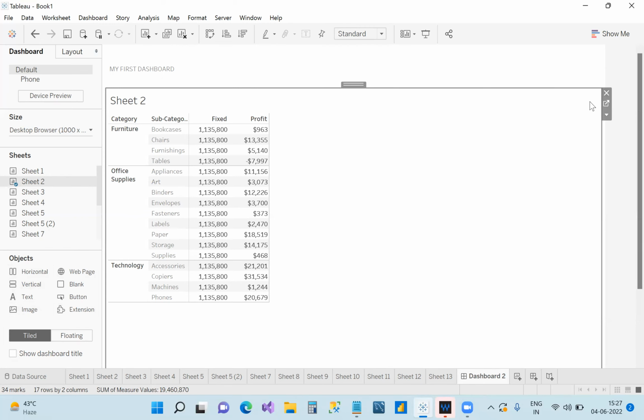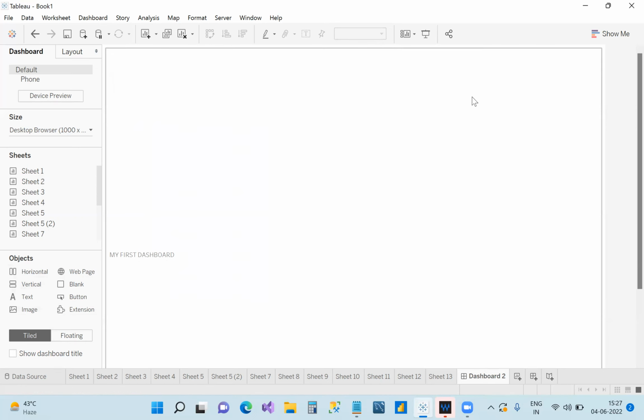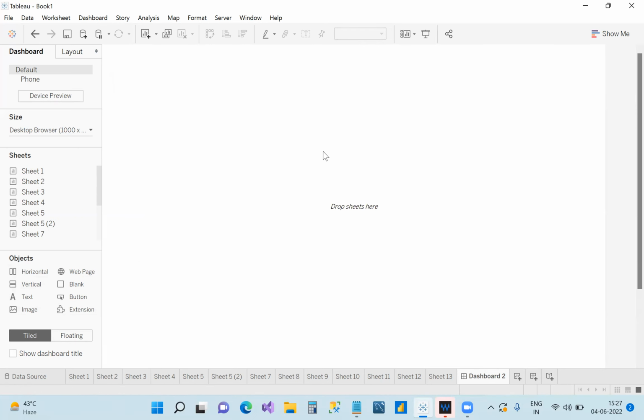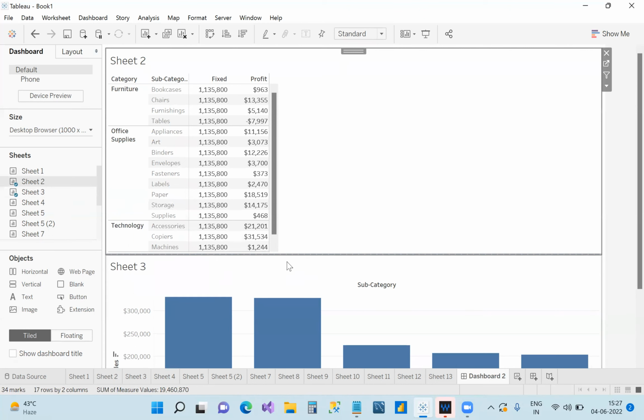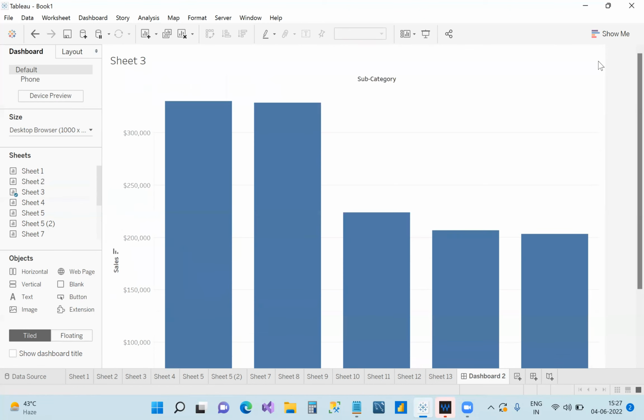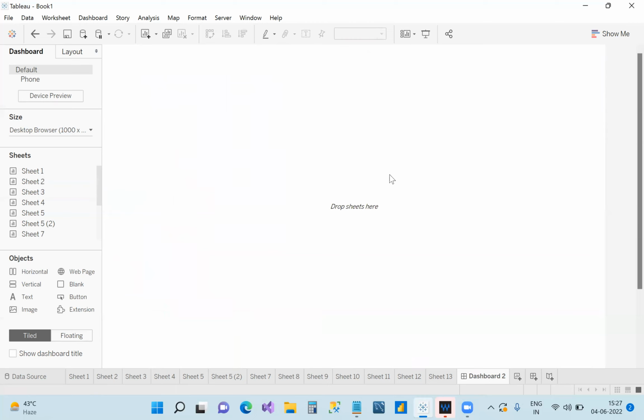Okay. So whenever you want to put any visualization in the dashboard, you should always have in your mind the frame of the dashboard. How is it going to look? According to it, try to drag it. Don't just drag it first and see how it looks and then think, this is not looking good, now I need to remove it. Don't do it like this. First have in your mind which one is going to lie where. Have a picture in your mind of how your dashboard is going to look. If you have that,